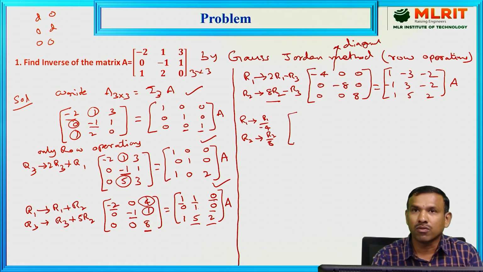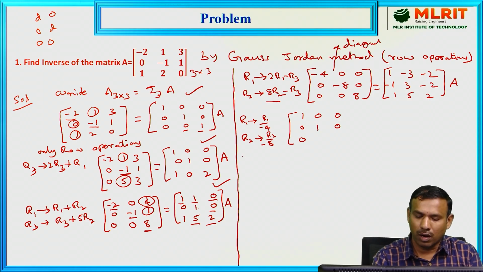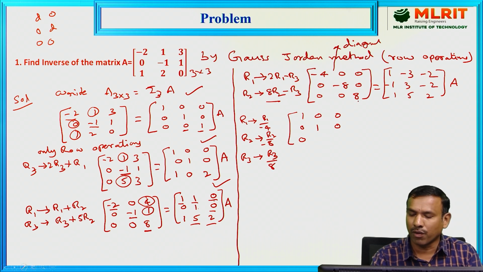Right? So first one, minus 4 divided by minus 4, 1, 0, 0. Second row divided by minus 8, 0, minus 8 by minus 8, 1, 0. Third row R3 divided by 8, 0, 8 by 8, 1. So the same operation is to be applied on the left side